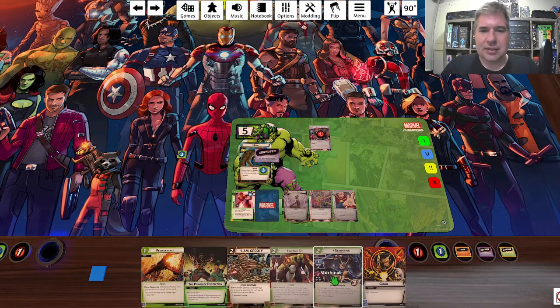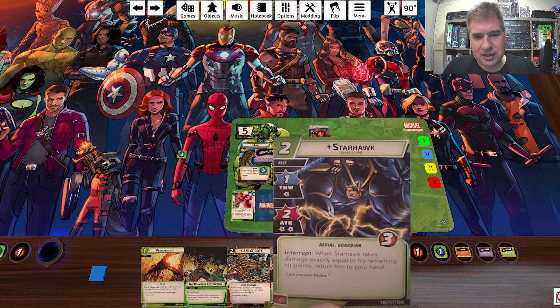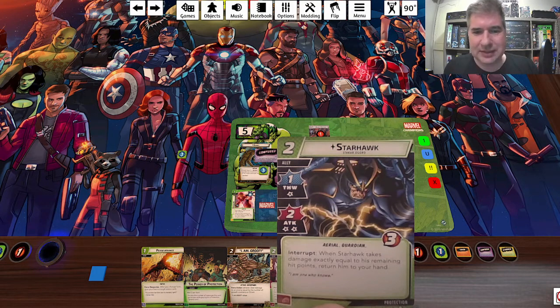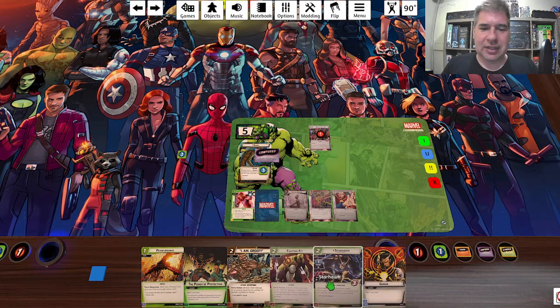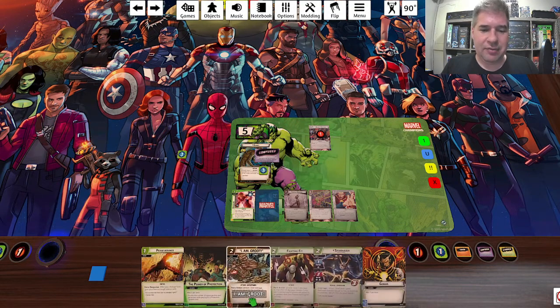All right. So then I would have had all these cards. Yeah, this turn looks a lot different. Oh, Starhawk. What's Starhawk all about? So 2-cost ally. When Starhawk takes damage exactly equal to his remaining hit points, return him to your hand. So you don't want to use him to chump block is what that means. And so you can attack with him once and thwart with him once. That's interesting. And then keep playing him out. Oh, Fighting Pit's way better if I am...